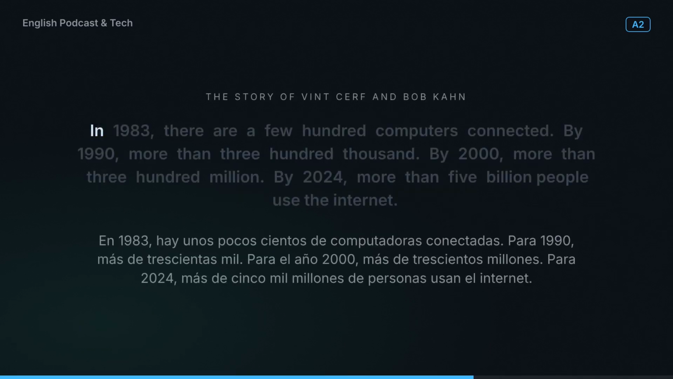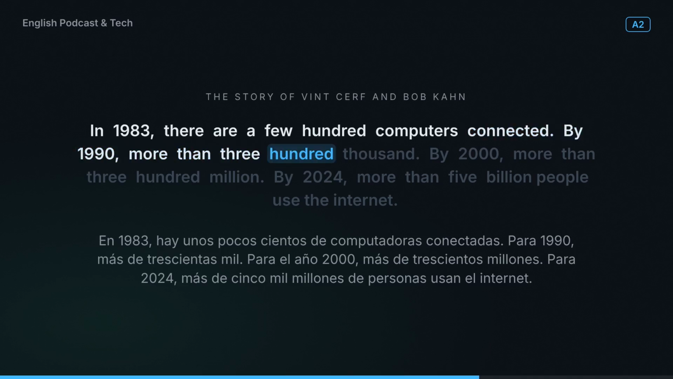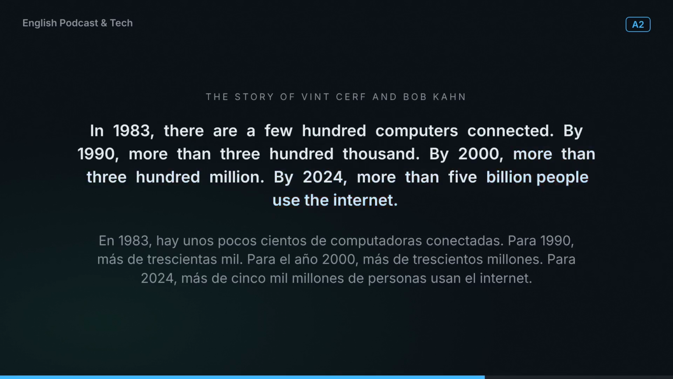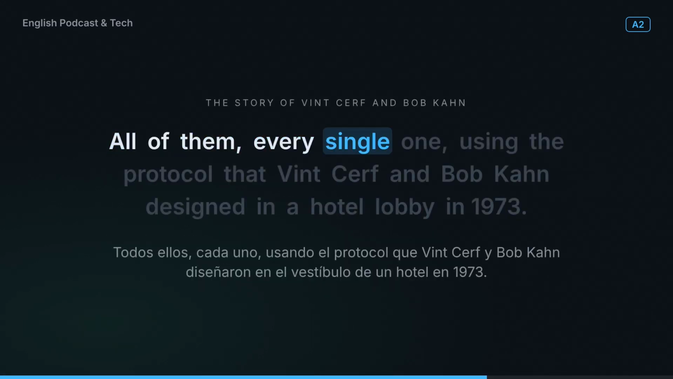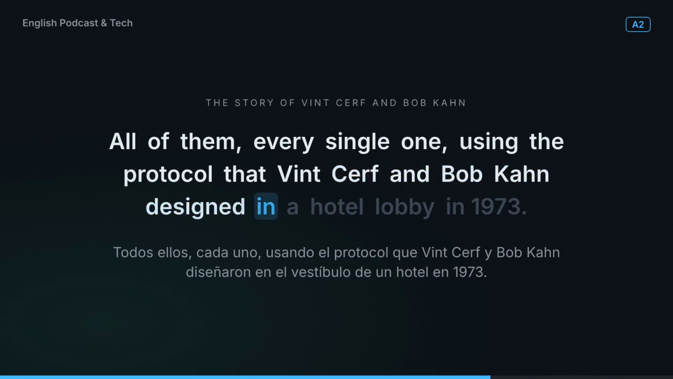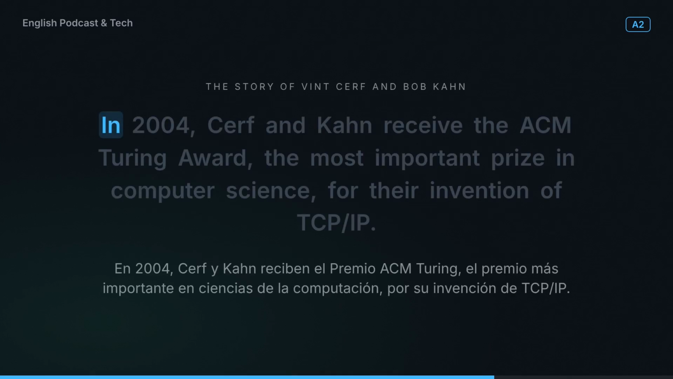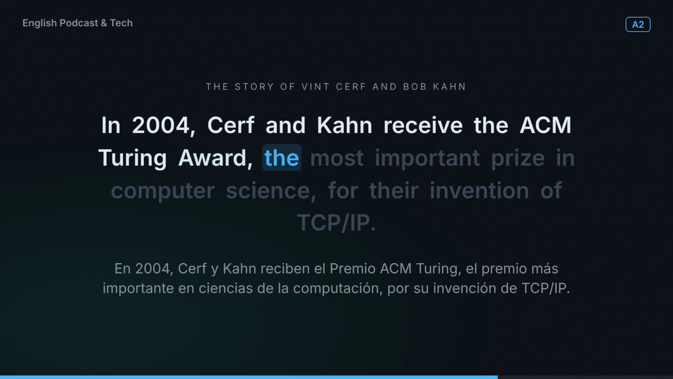In 1983, there are a few hundred computers connected. By 1990, more than 300,000. By 2000, more than 300 million. By 2024, more than 5 billion people use the Internet. All of them, every single one, using the protocol that Vint Cerf and Kahn designed in a hotel lobby in 1973. In 2004, Cerf and Kahn received the ACM Turing Award, the most important prize in computer science, for their